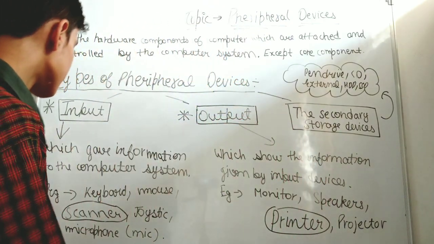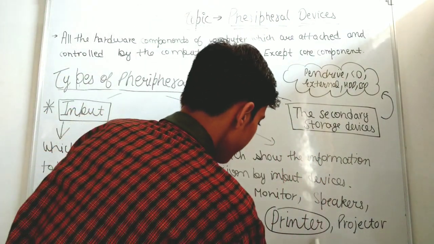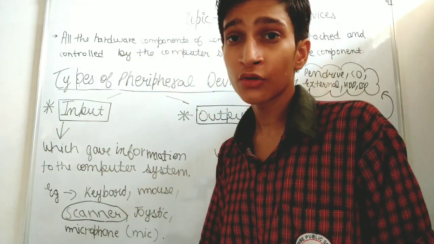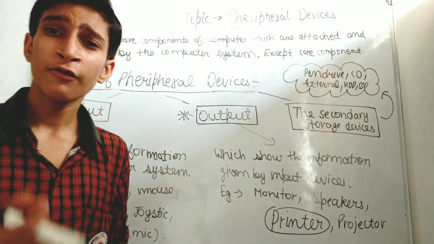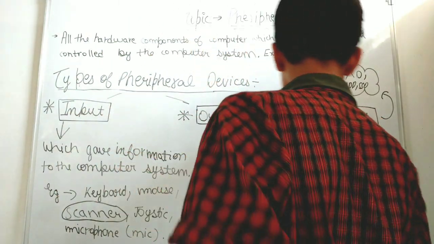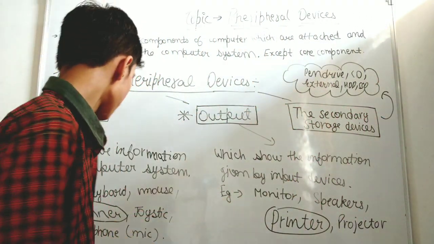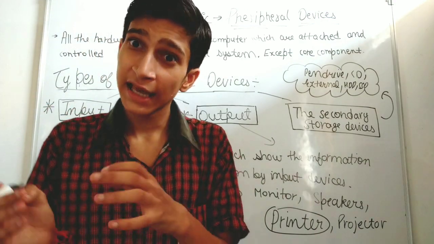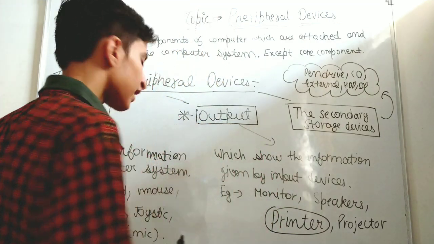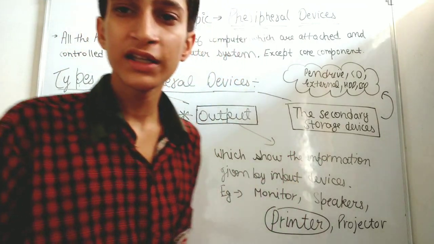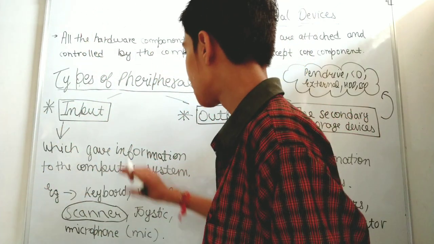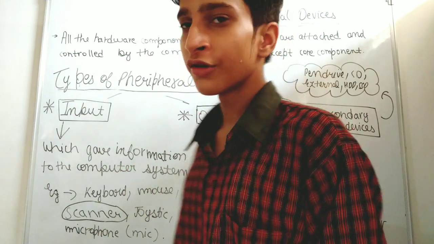Now the question here arises: why have I put scanner and printer in the circle? I have put them in the circle because there is a little difference between their work, and students get puzzled about why the scanner is an input device and the printer is an output device. The printer is an output device because it takes the document and gives a hard copy, but the scanner scans the document and gives a digital copy which you can see on your mobile screen, meaning it does not provide the hard copy. That's why the scanner is known as input and the printer as an output device.